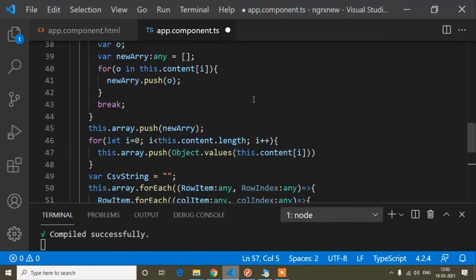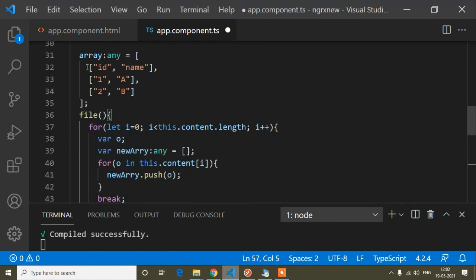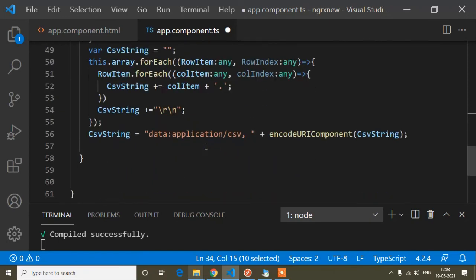First of all, I had shown you how we can download. Whatever data we want to download, we have to convert it into this format: first the heading, and after that the values, which go down one by one. Now, how can we download? We cannot download easily; we have to download by an anchor tag. When we click the anchor tag, at that time we can download the data.